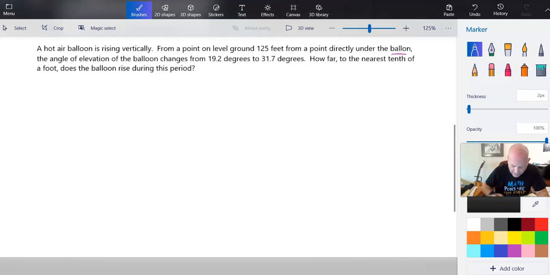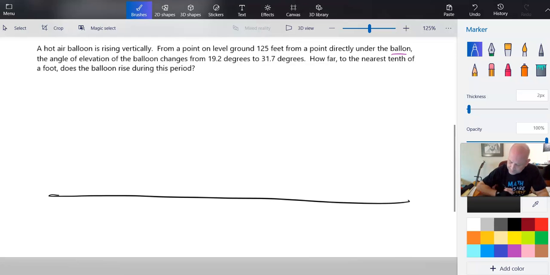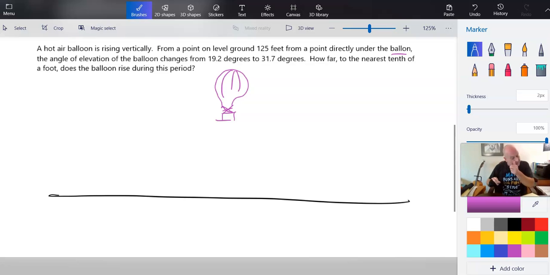Okay, so let's see here. We're starting with level ground. I got level ground. We got a balloon rising. Whoa, that's a funky balloon, but okay. Whatever. Looks like a light bulb. I guess it was a great idea. Okay, so there's our defunct balloon, and it's rising, right? And someone over here, and I believe the problem means that someone is you,